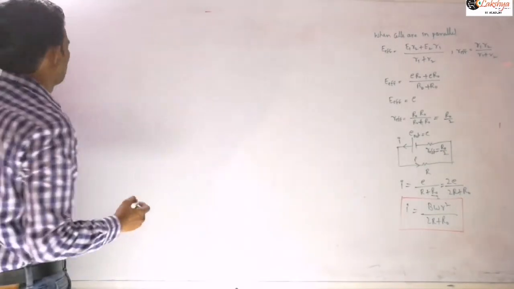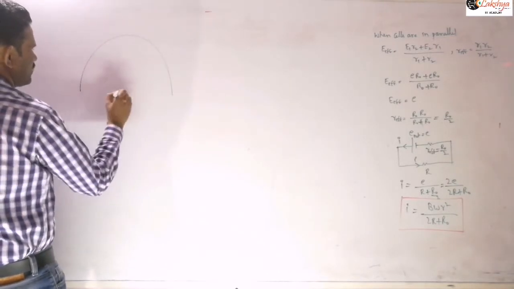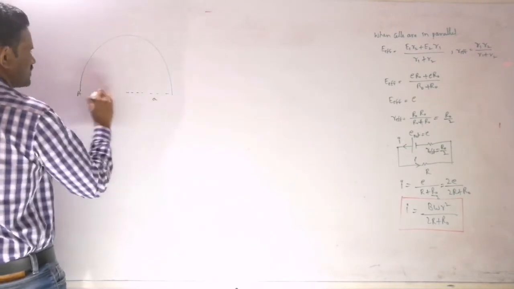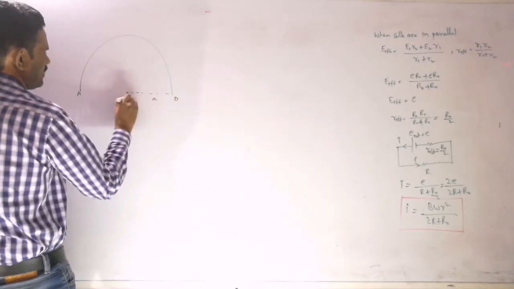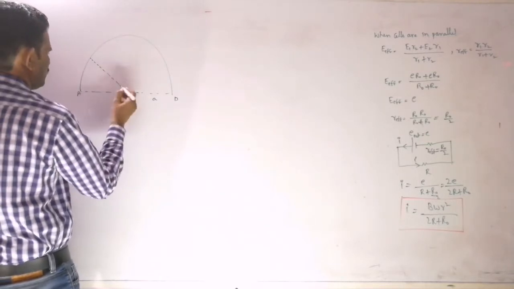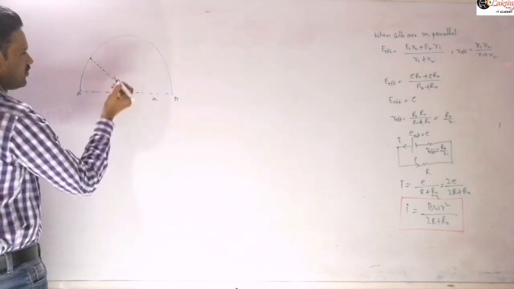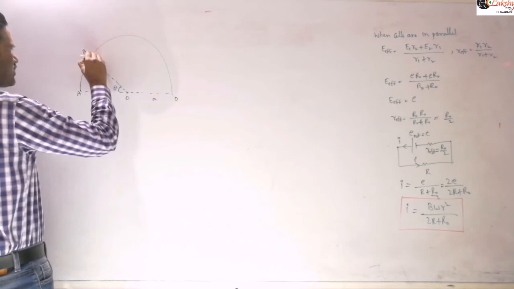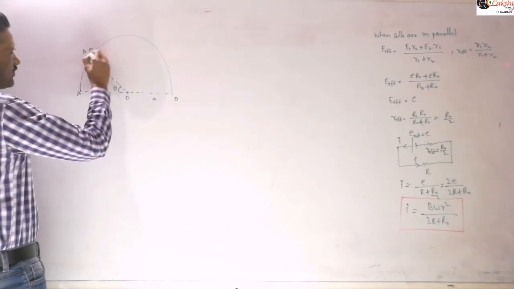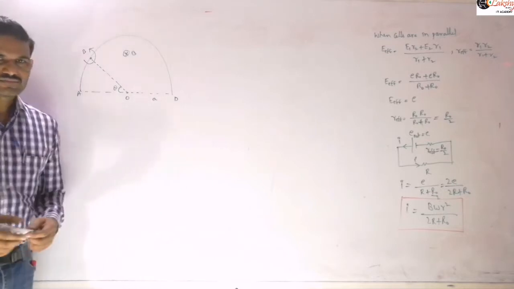So next, write this. This is a wire of radius A, let us consider here, having some resistance. This is point A, D, and this is point C I am taking here, and this is some angle theta, and this is the point O, and this is the point B I am taking here. So this frame is revolving about this point. In this the uniform magnetic field is there into the plane, right? So next, write that problem.